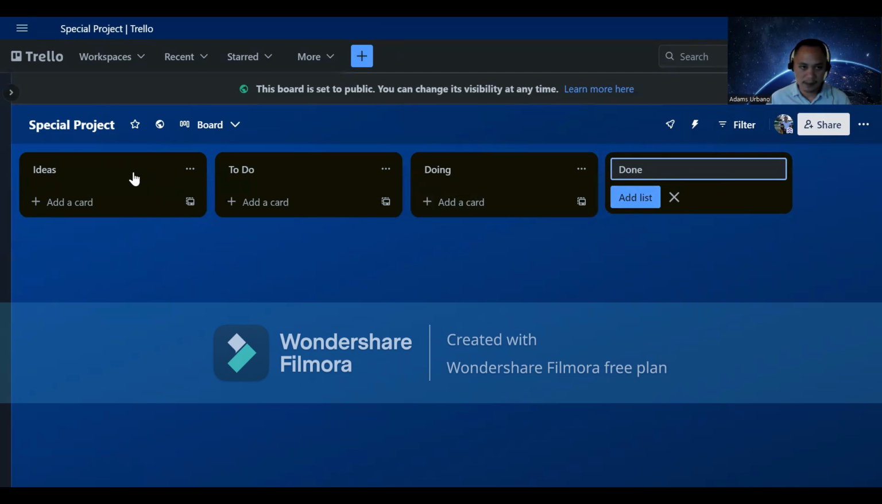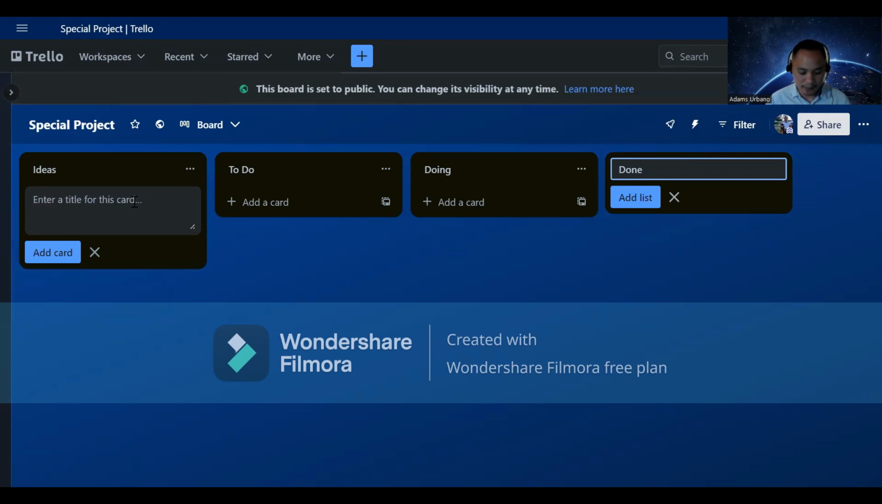So this serves as my board. Now I'm going to add a card. Cards are a list of collections vertically arranged that represent a collection of ideas, things to remember, or different stages of a workflow. Let's say, for example, I'm going to name my first card